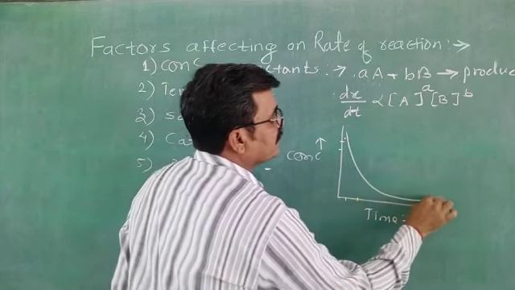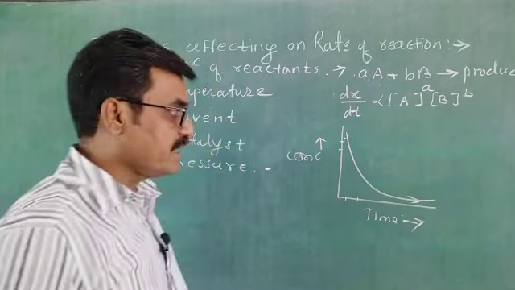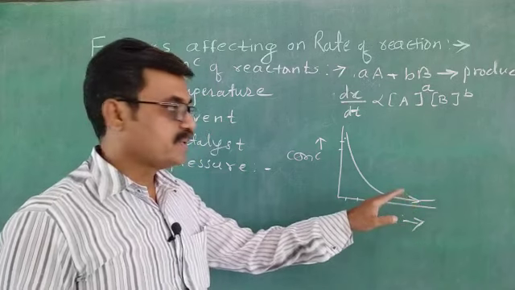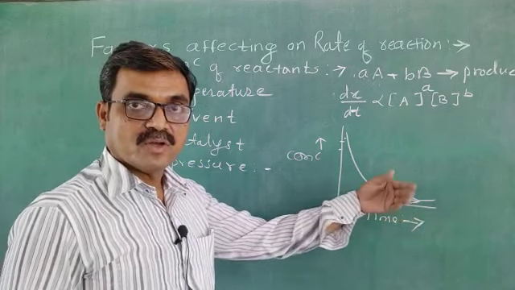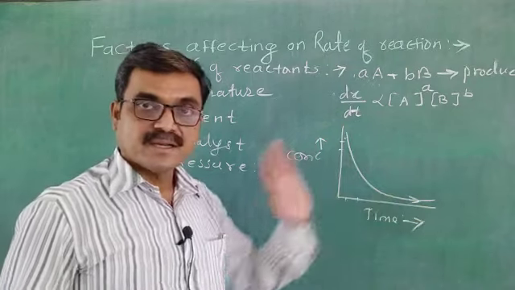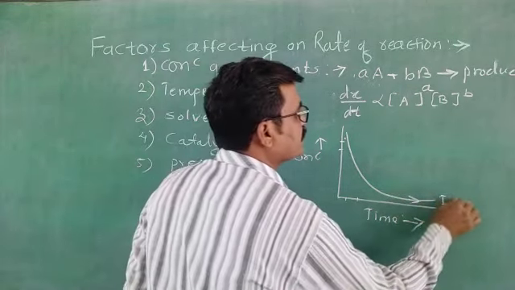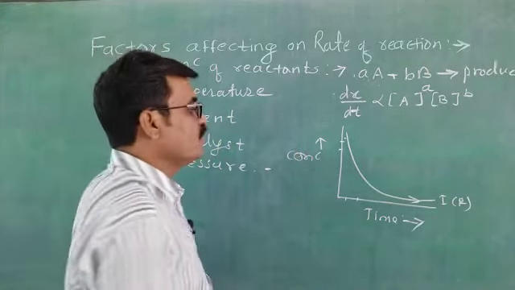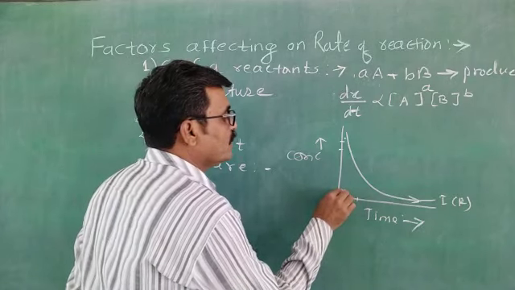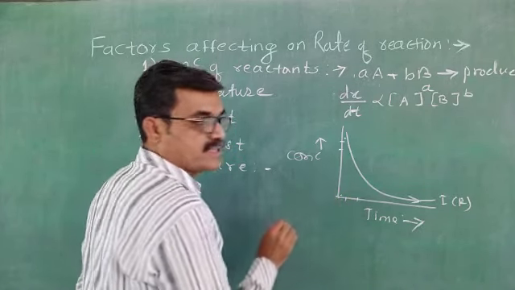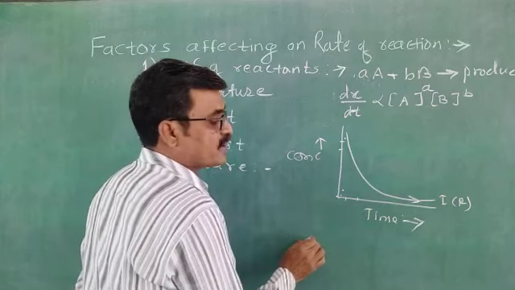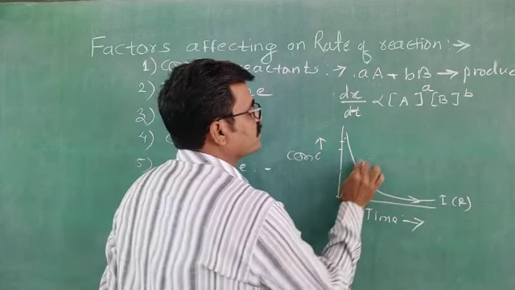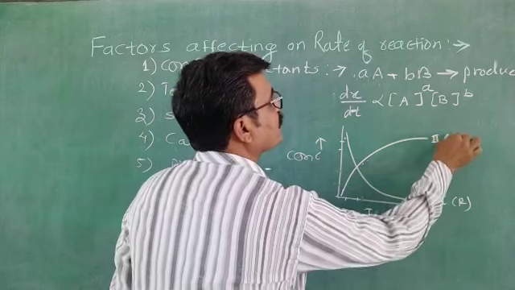Now from this curve it is clear that theoretically this reaction never goes to completion, but practically it is considered that after some time the rate of reaction slows down and the reaction is complete. This is the first curve and it is for reactant. Opposite to this, initially before reaction, when time is 0, the product is 0. As time increases, the concentration of product increases. In this way, such a curve is obtained. This is the second curve and it is for product.